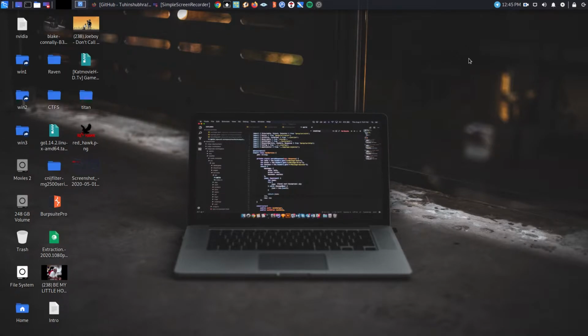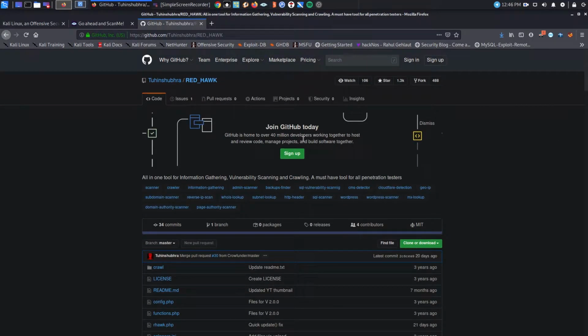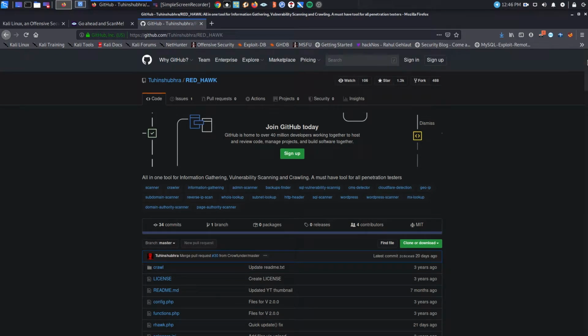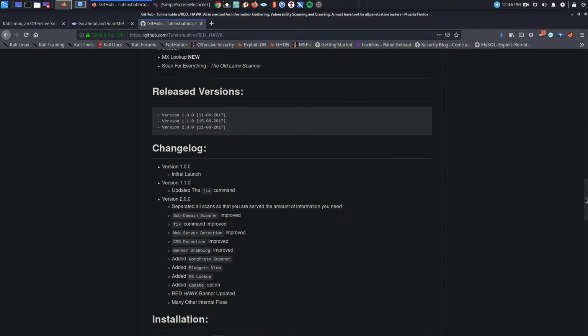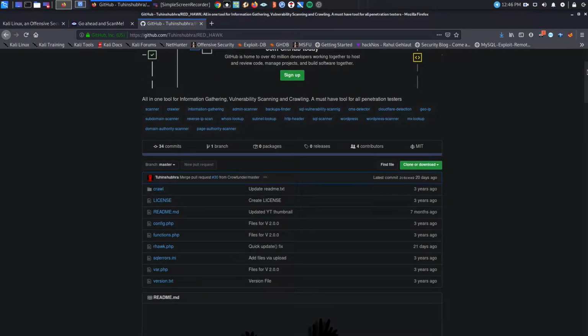Welcome to Router, and today we are going to use a new, powerful tool called rhawk for recon and information gathering. You can find rhawk on GitHub, and I'll be posting the link in the description. Okay, let's start rhawk. First, to install rhawk,